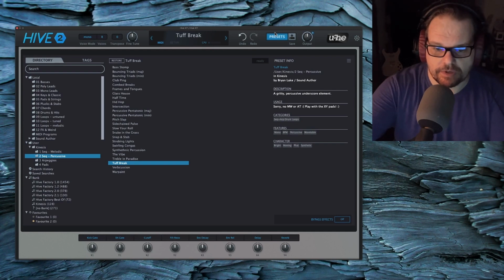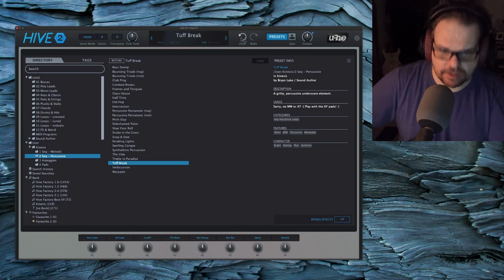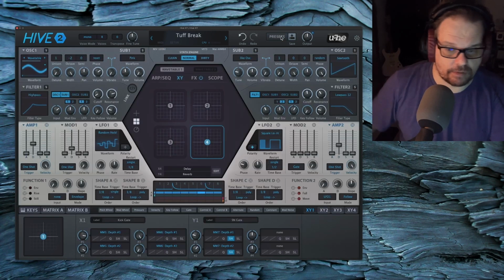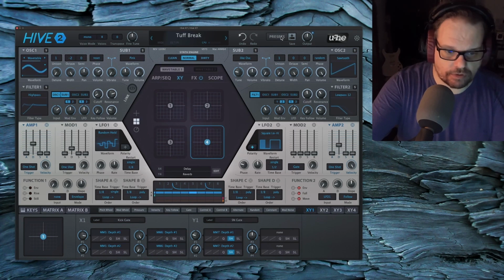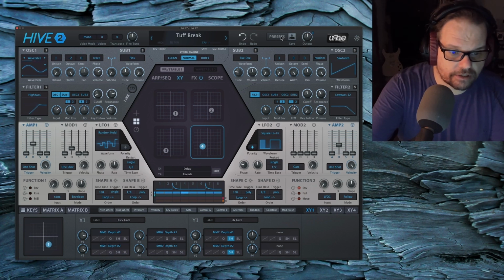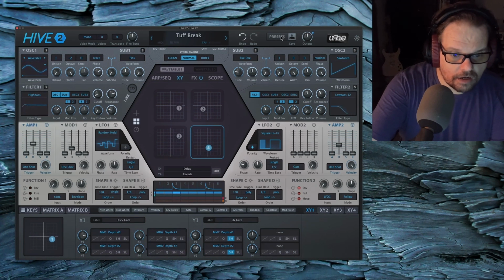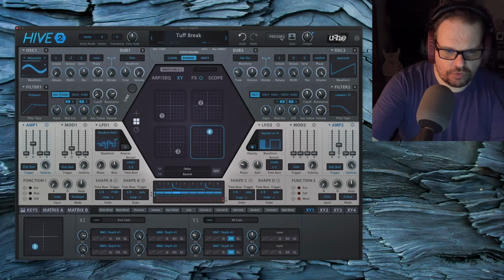Oop. This is one of the few with no mod wheel or aftertouch. It's a very complex drum loop. So we're just stuck with the XY controls. And we're not stuck. The XY controls give us so much expression. Listen to this. Ooh, it's like a glitch step thingy.